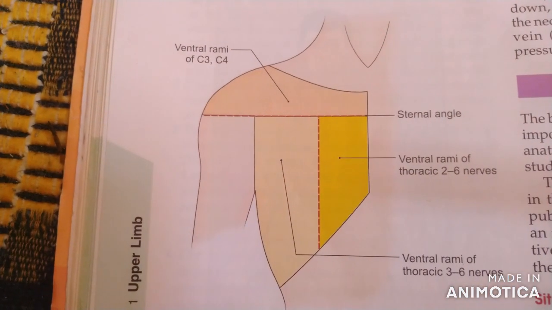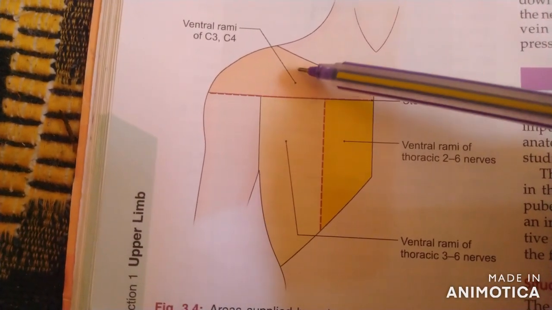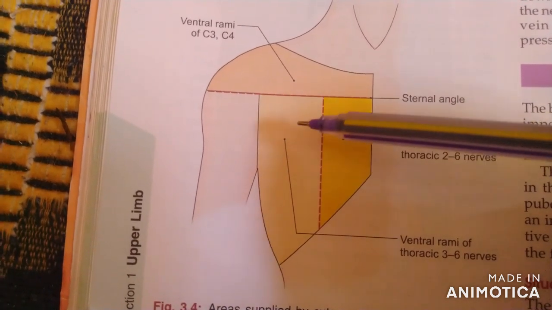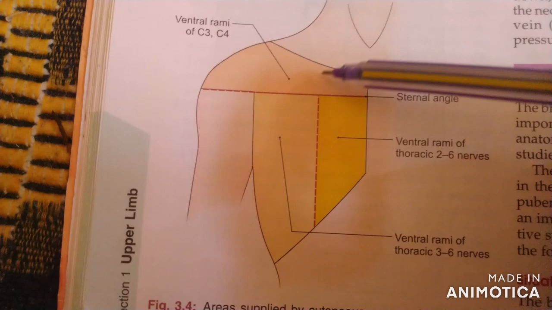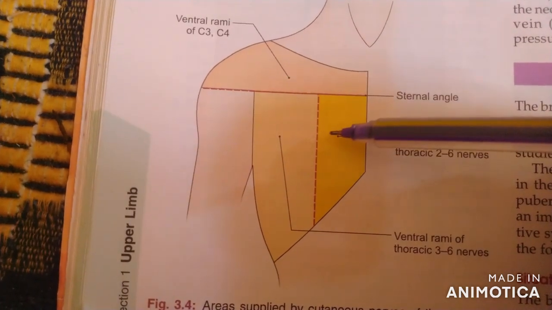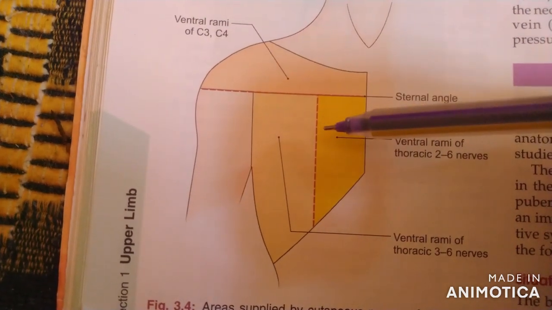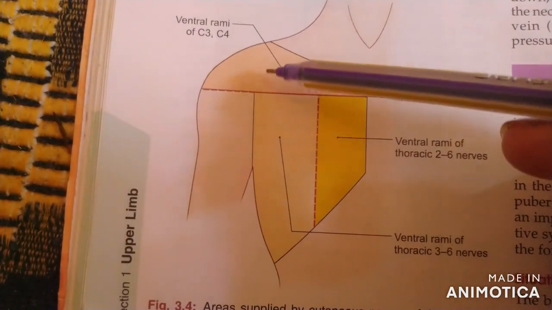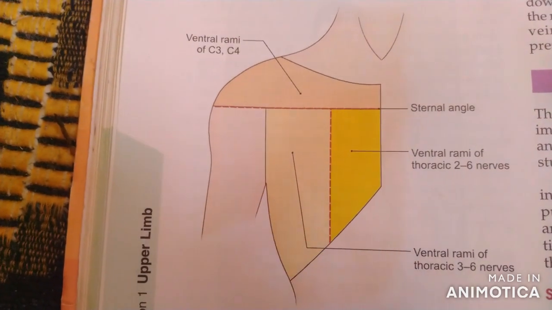One very interesting point that we need to understand here: in this region we can see that the area supplied by the spinal nerve C3 and C4 directly meets with the area supplied by thoracic nerves. So where did the other nerves like C5 to C8 and T1 go? Actually these nerves had been pulled away to supply the upper limb, and they form the brachial plexus that we will study in the further videos. Till now we saw the nerve supply of the pectoral region.